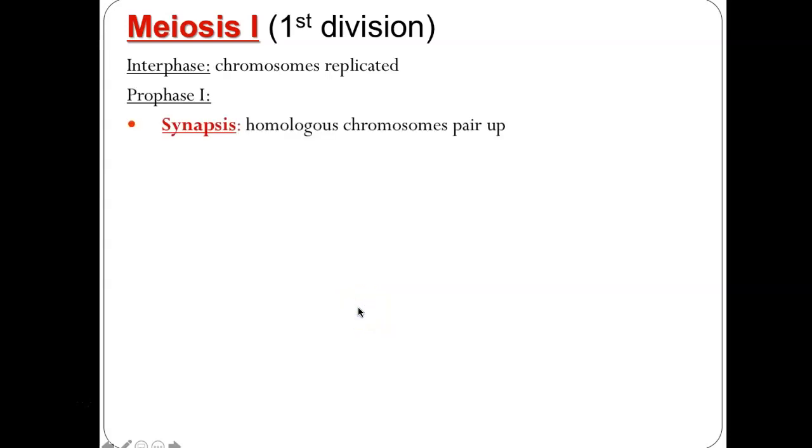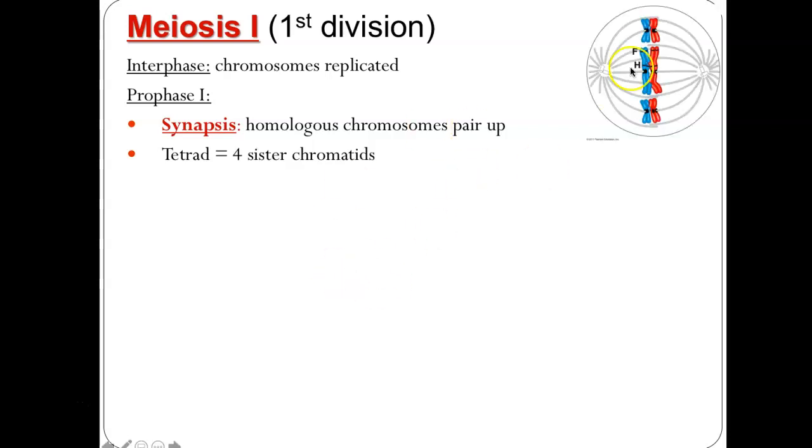In prophase 1, homologous chromosomes pair up. It's going to be different than in mitosis, and that's called synapsis. And so it forms a tetrad where 4 sister chromatids are together like that. That's not what you saw before, right? What you saw before is only one of these X's was there, but in meiosis, 2 X's pair up together, the one from dad and the one from mom that matches up. They're homologous, they match up.